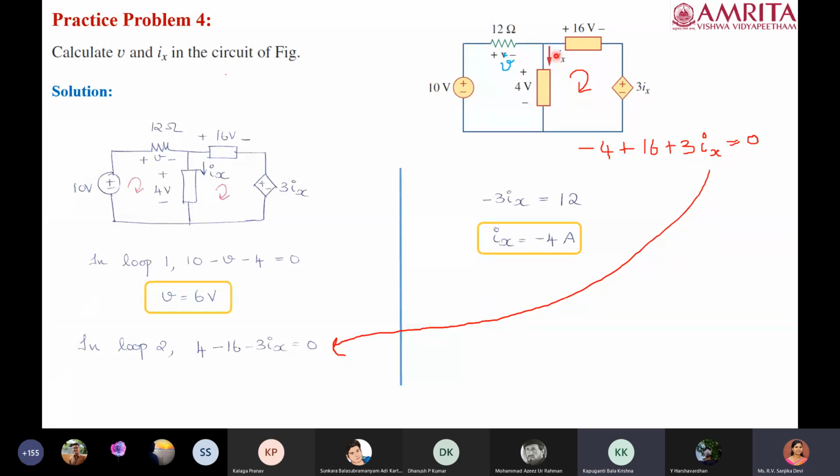Okay, so if I'm getting it as positive, it means that their direction is exactly correct. But if I'm getting it as negative, it means that the current is actually flowing in the opposite direction. That correction you need not write. It is for your understanding. So the current flowing downwards is what is given in the numerical, and if you're getting an answer as negative, it is understood that the current is actually flowing in the opposite direction.